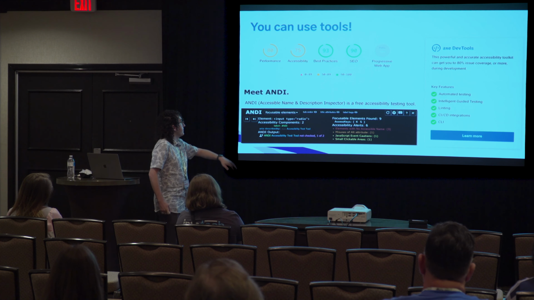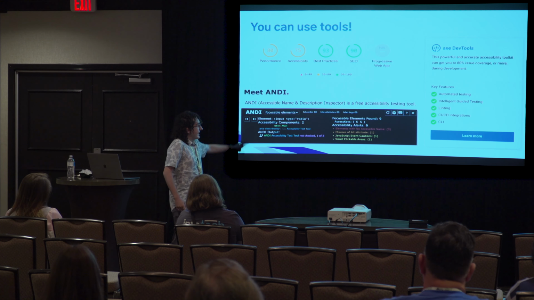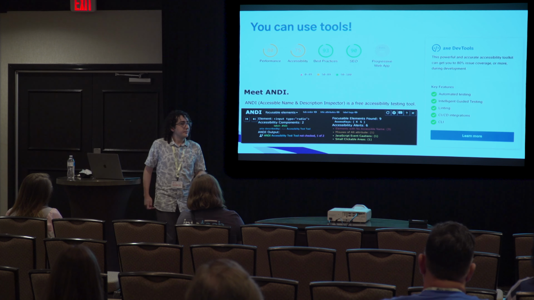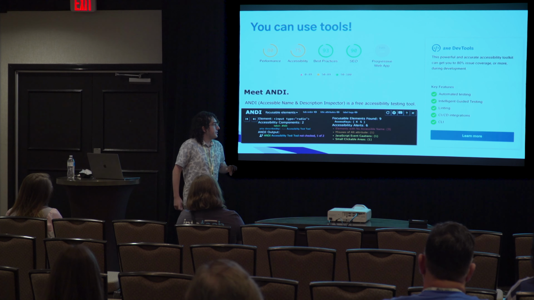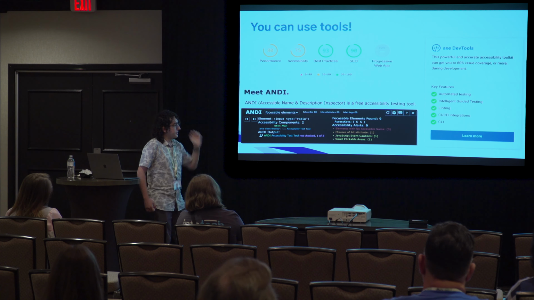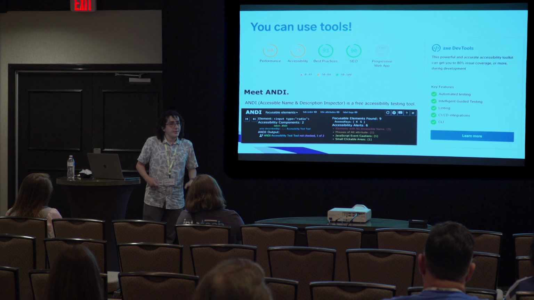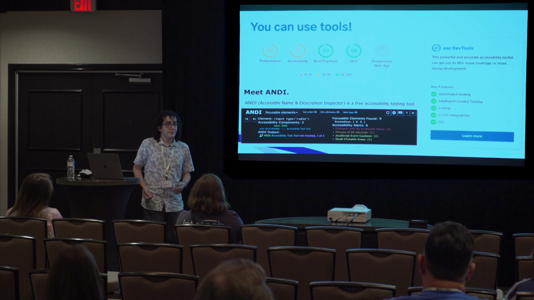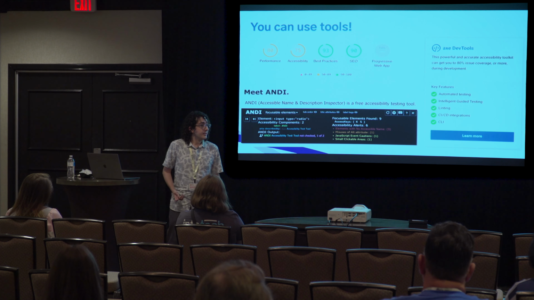There's a couple really great browser tools. I use Andy here a lot. It's just like a bookmarklet that you can click and activate whenever you're on a page. Use it to evaluate a lot of different things. Axe is pretty much one of the gold standards in terms of accessibility tools. These are really useful. I mean, they help you catch so many different things.